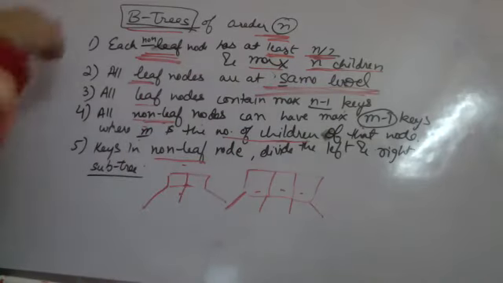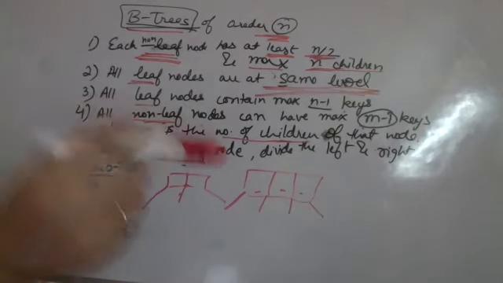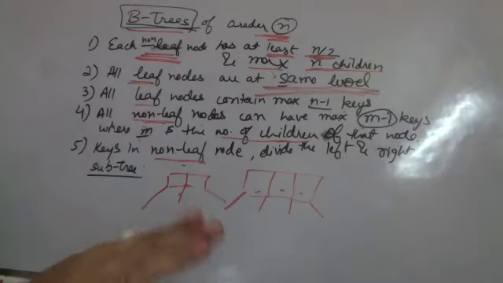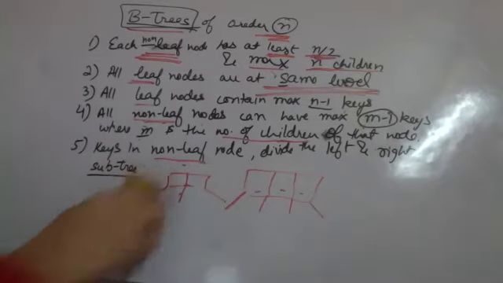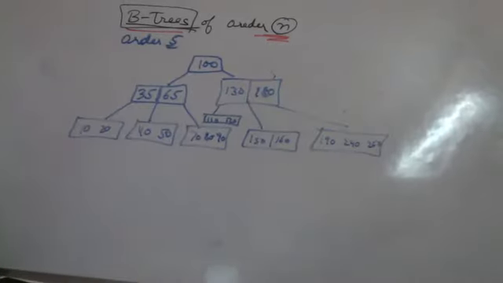So these are the properties that must hold in a B tree. If an M-way tree is holding these properties for all nodes, then it is called a B tree. And if these properties are held, then it would be height balanced. Let us see with an example. Let us see an M-way tree with order 5. It's a 5 order M-way tree. And here I am dividing. So let us see what is happening here.